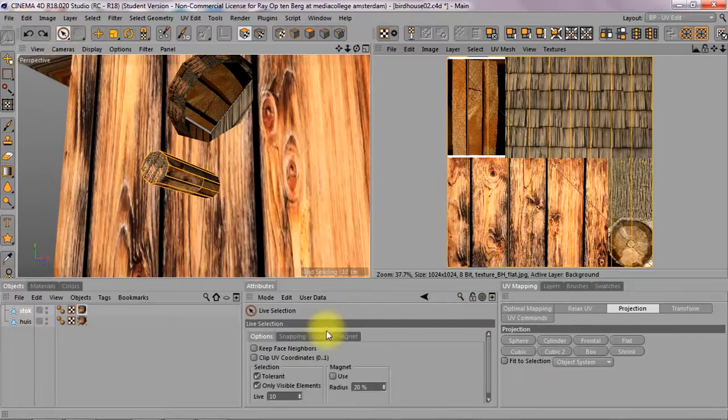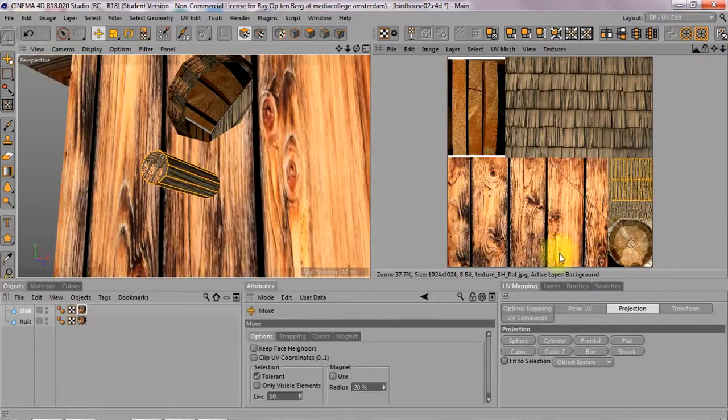I'm just going to select it again, and this time switch off visible only. So I got all the UV polygons around the cylinder. I'm just going to scale it again, like this, roughly like that, and position it like here, like so,